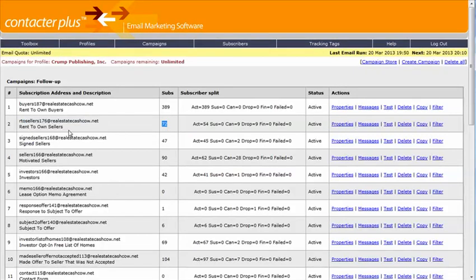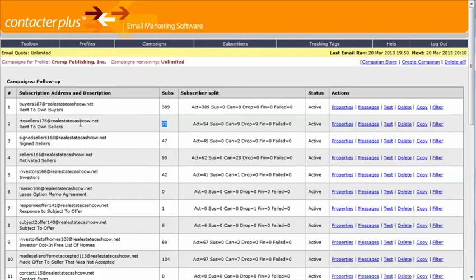campaign, but it's also going to send you an email saying this person filled out the rent to own seller website, saying they're interested in working with you, that they want you to sell the property, that they want to sell it to you on a lease option so that you can turn around, sell it, and make a profit. When you get these, if you're any good at all on the phone, you're going to convert 100% of those. Now, you have to have a little bit of skill on the phone, but not very much. Anybody that's been doing this for very long is going to be able to convert somebody who fills out this